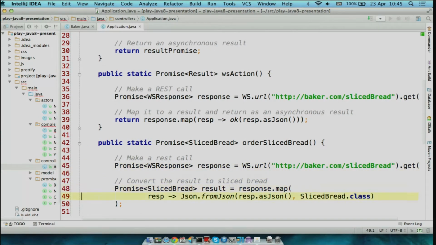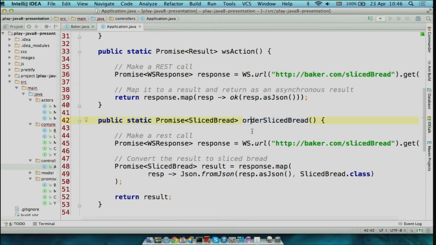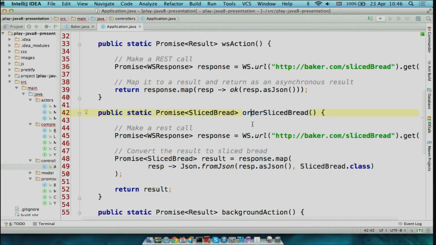And here's another one. In this case, what I'm showing is what it might look like. Doing a call on a REST API directly from an action is probably not very good because it means that your action is not testable. Usually you want to pull stuff like that out into another interface.